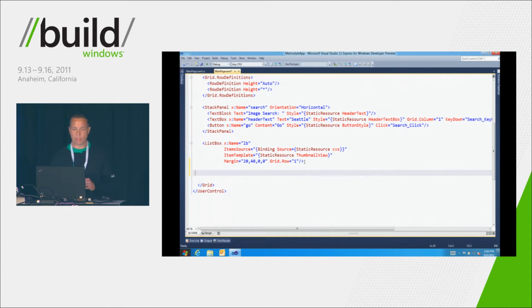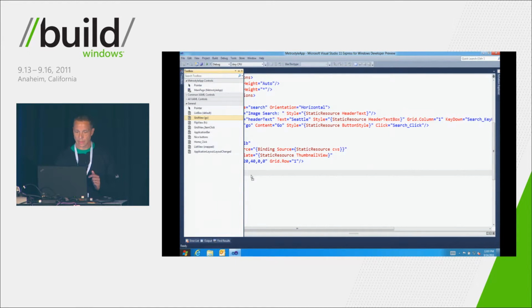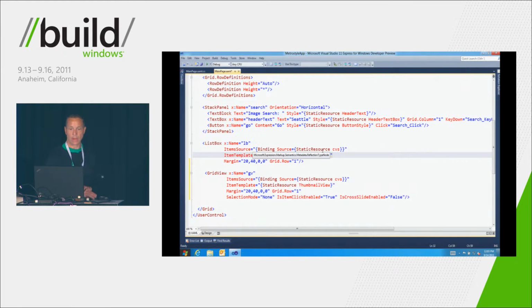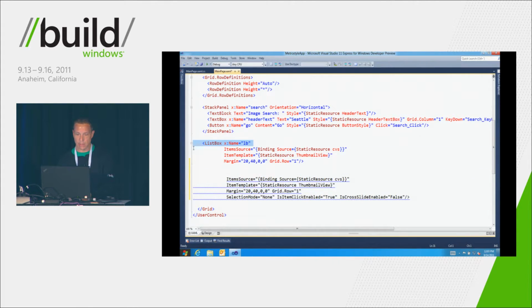So this is the same sample I just showed you, but I'm going to do something similar to what Antoine did, and try to explain it in a little more detail. I'm going to pull over a grid view. First of all, on the list box here, you can see the only thing it does is have an item template. Otherwise, there's really no styling other than the margin, and it's setting a grid row. It's really pretty basic. And that's the same with the grid view. To really drive the point home, I'm just going to copy my grid view control. And rather than drag in another set of source, I'm just replacing that list control